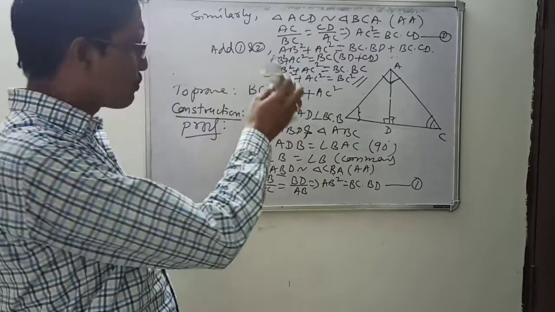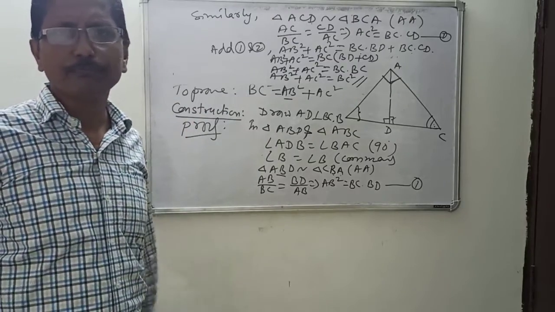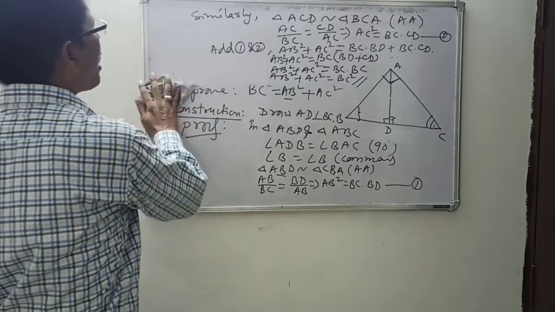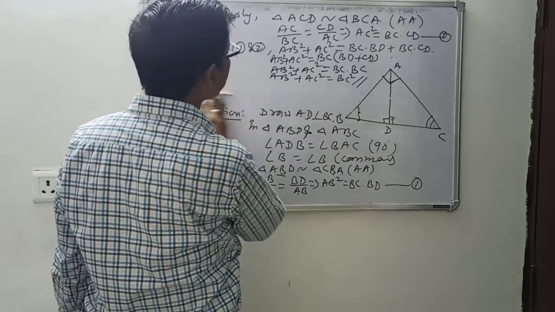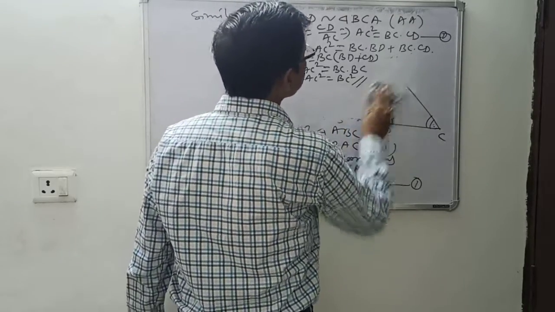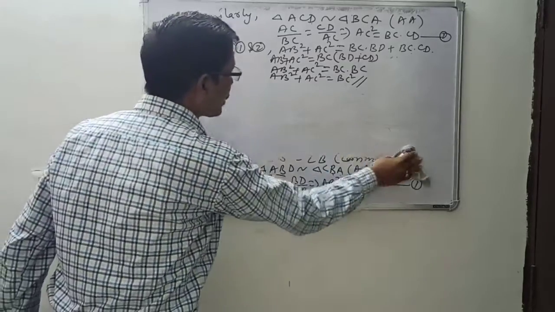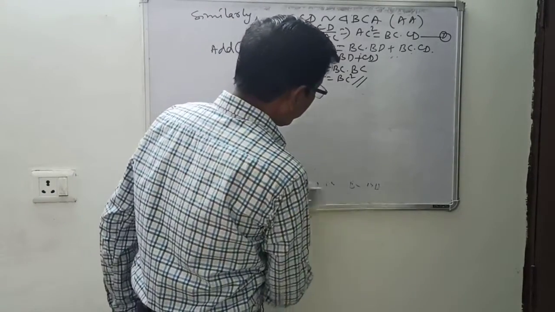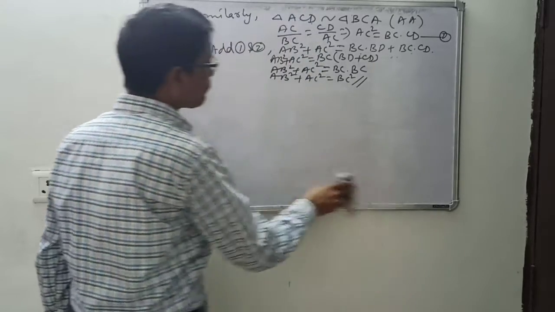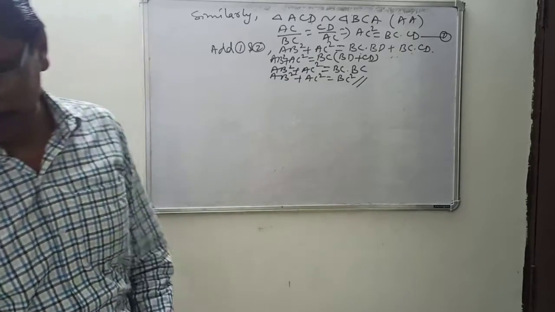Now, just one question. By applying Pythagoras theorem, we can prove that one, which you have done in similar triangle properties by applying similar triangle criteria. But here, without applying that, by applying Pythagoras theorem, see what we can do. We have to check which triangles are right triangles. For those triangles only we can use the Pythagoras theorem.